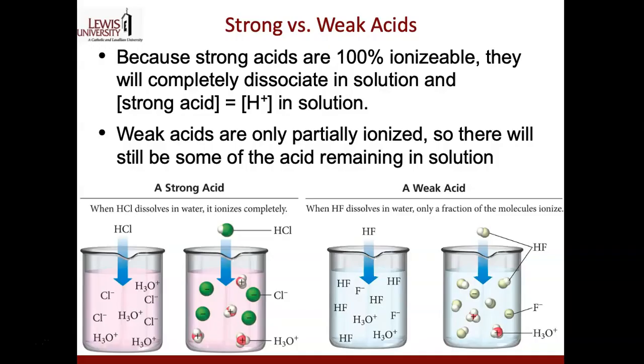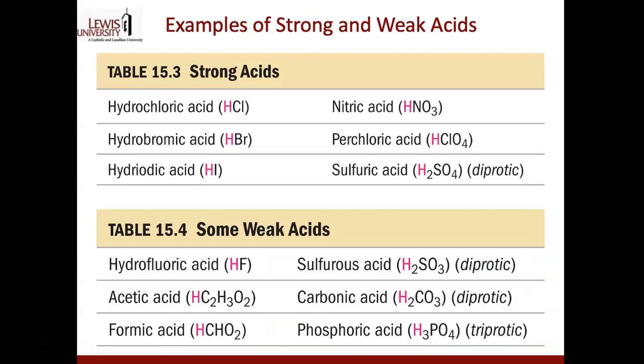All right. Here are some examples of strong acids. I will expect you to know every single strong acid listed up there, right? If I write HCl, HBr, HI, you need to know that's a strong acid. It's 100% ionization. You also need to know that nitric acid, perchloric acid, and sulfuric acid, these are all strong